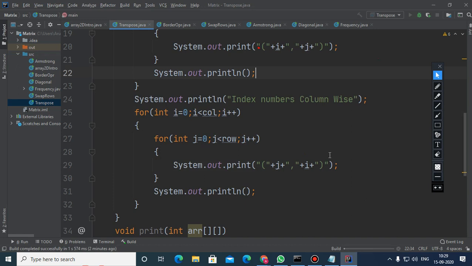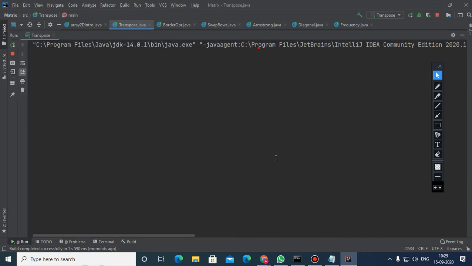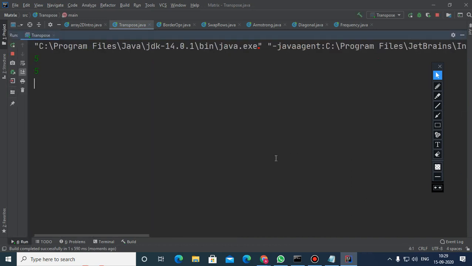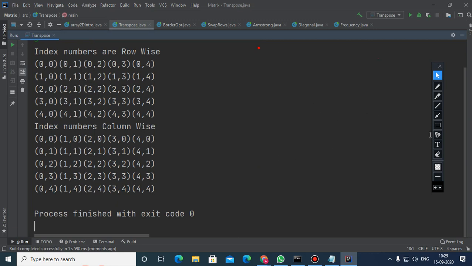Now see that it is a 5 by 5 matrix. And now you can see that the very first row, and the very first column was 00 11 20 30 40, and now the elements, the index numbers column wise are like this: 00 10 20 30 and 40.